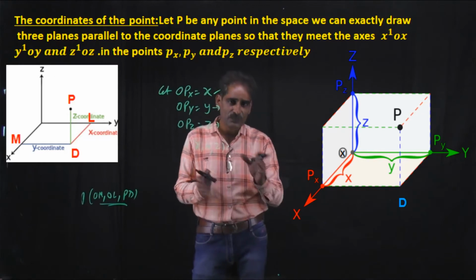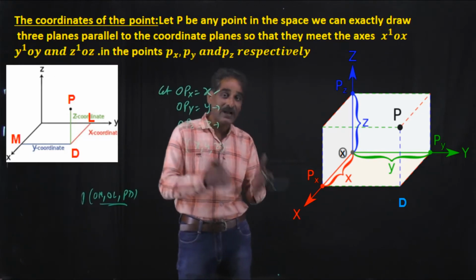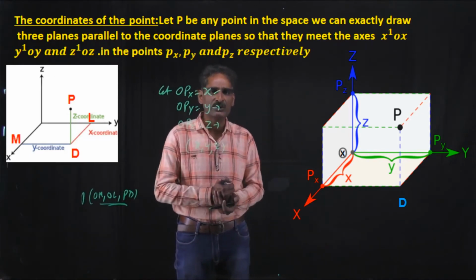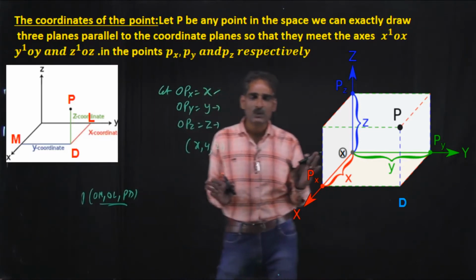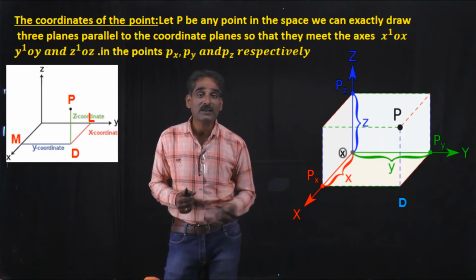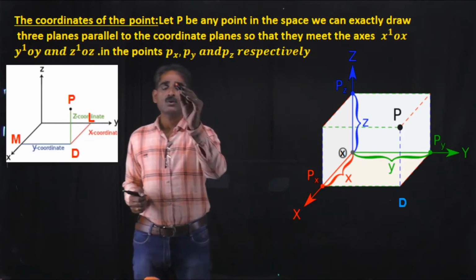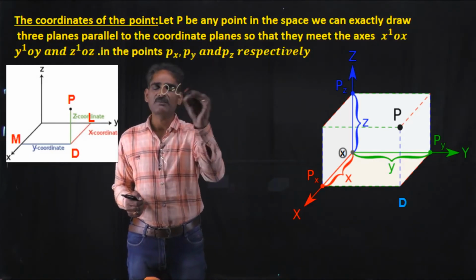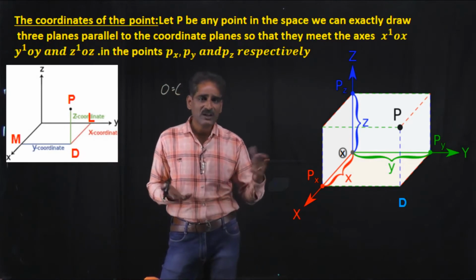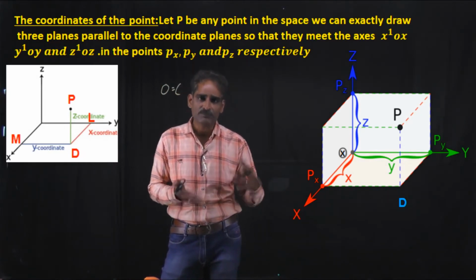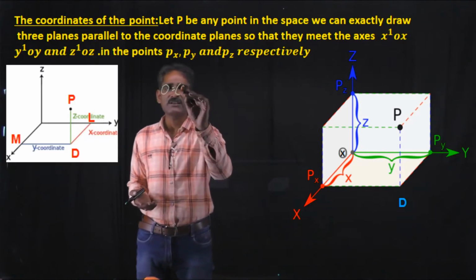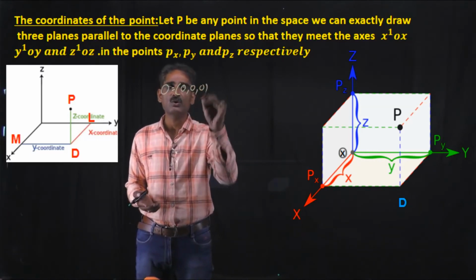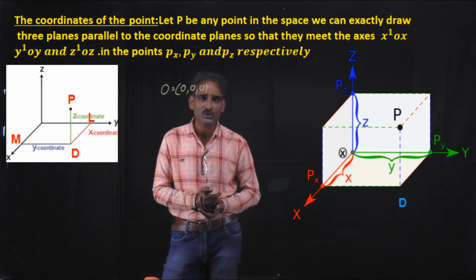Okay, so if you have a clear idea about the next part, octants, then we will get a clear idea about the signs of the function with respect to the octants. This is about the coordinates of the point. Now tell me, what are the coordinates of the origin? We can't draw any planes other than planes which are passing through the origin and parallel to the coordinate planes. So the coordinates of the origin are 0, 0, 0. In two dimensions also 0, 0.